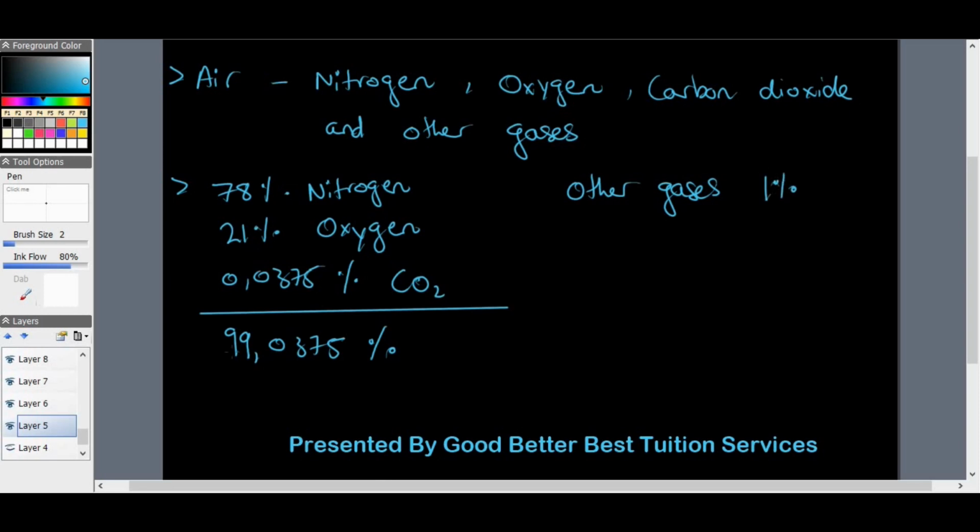Because if you take 100 and minus this, you get 0.9625, which equates to about 1 anyway. So usually they just leave out the statistic, but other gases make up a very small amount of the percentage anyway. But your main drivers of the contents of air are obviously nitrogen and oxygen,